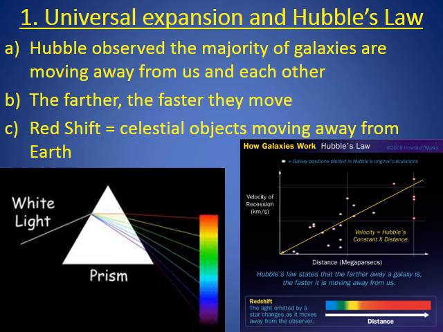And this is because light waves come in different colors, and we can see these things. So if you have an object whose frequency is shifting towards the red spectrum, it's moving away from us. If the frequencies are moving towards us, then they're more on the blue spectrum. So redshift was a really important observation to make and to show that basically almost everything is moving away from us.